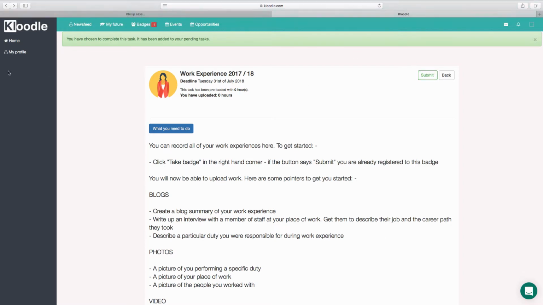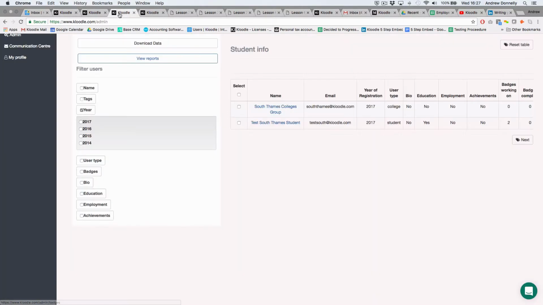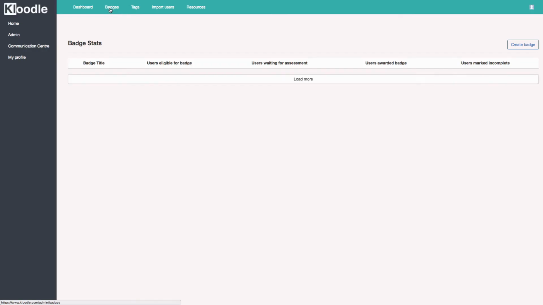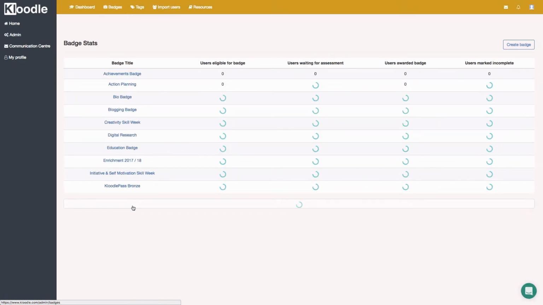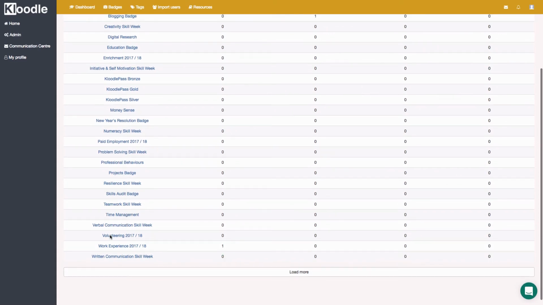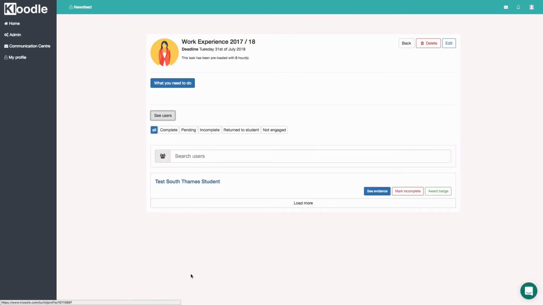You as staff can always access students' work experience folders through badging. So you can find the work experience folder, work experience badge, work experience 2017-18, and then all the students who've uploaded some work and activated their work experience folder would be here in a list, and you can see the evidence that students have worked on, or you can go to your class